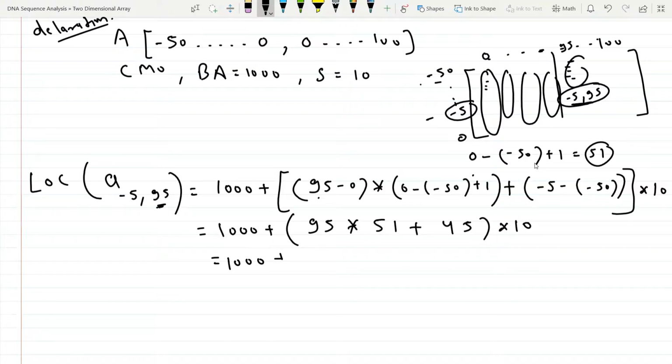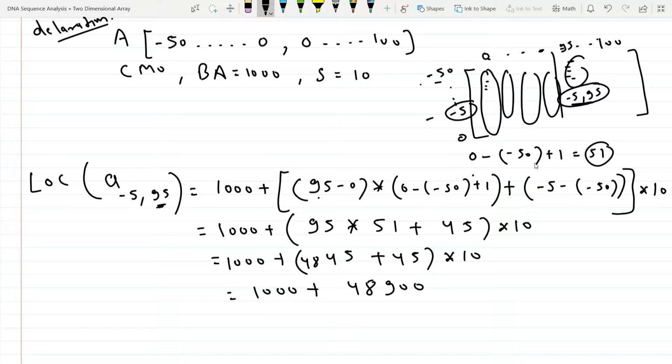So it is 1000 plus 95, so it is 5, 25 and 9, 34, so it is 4, carry 3, 45 and 3, 48, so it is 4845, and plus 45 multiplied with 10. So finally this will give me 1000 plus 4890 multiplied with 10, so 49900. Means 49,900 is the address of this particular location.